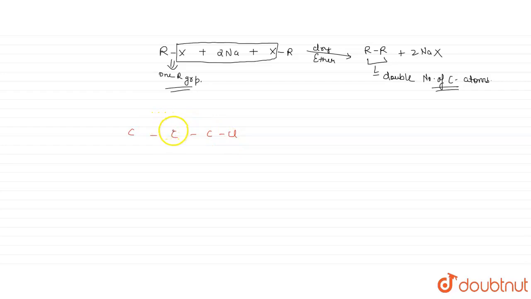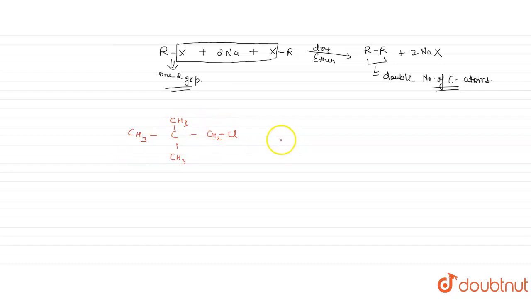1-chloro-2,2-dimethyl, that means we have 2 methyl at second carbon. 1-chloro-2,2-dimethyl propane. Now we just need to adjust the valency of carbon, then we can easily draw the structure of this 1-chloro-2,2-dimethyl propane. So in this alkyl halide, we have a carbon chain of 3 carbon, like this. We have propane. Then we will form the carbon chain in the alkane of 6 carbon.